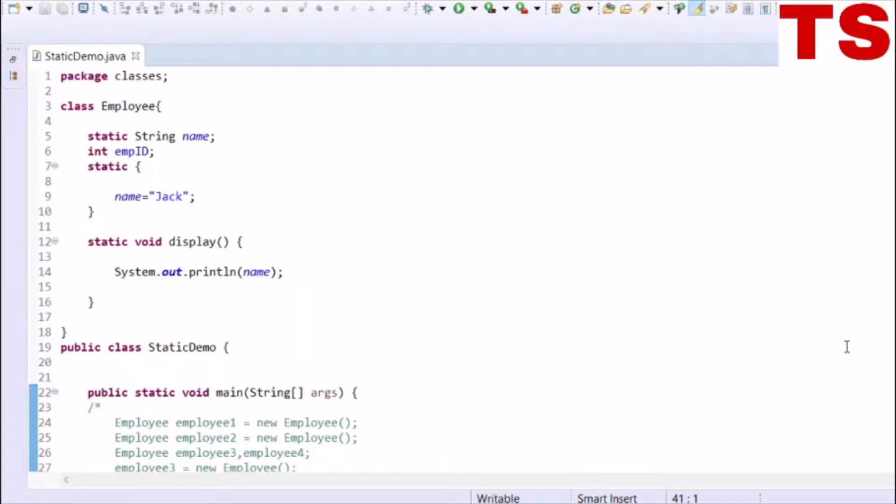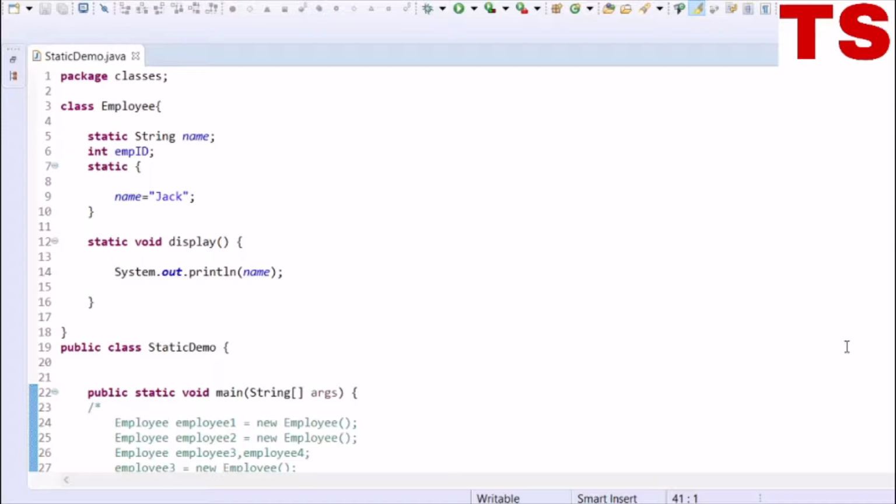Since a static variable of a class is common to all the objects of a class and it's a class level variable, you can assign the static keyword to the variables of a class which have a common value for all the objects of a class.